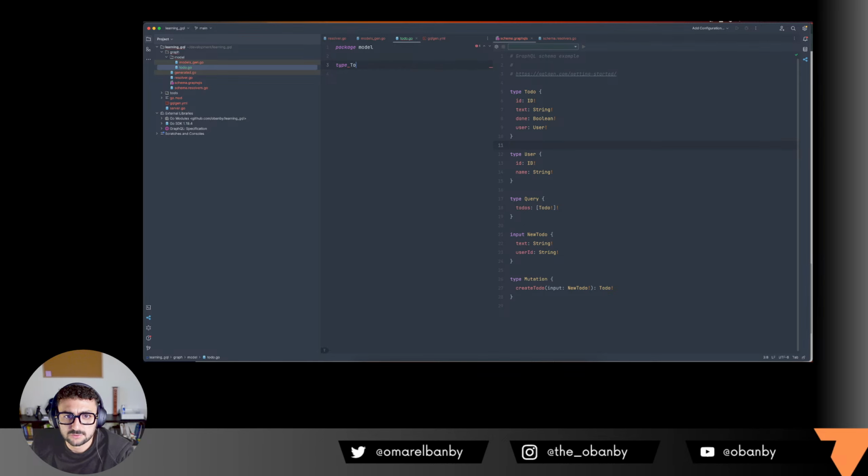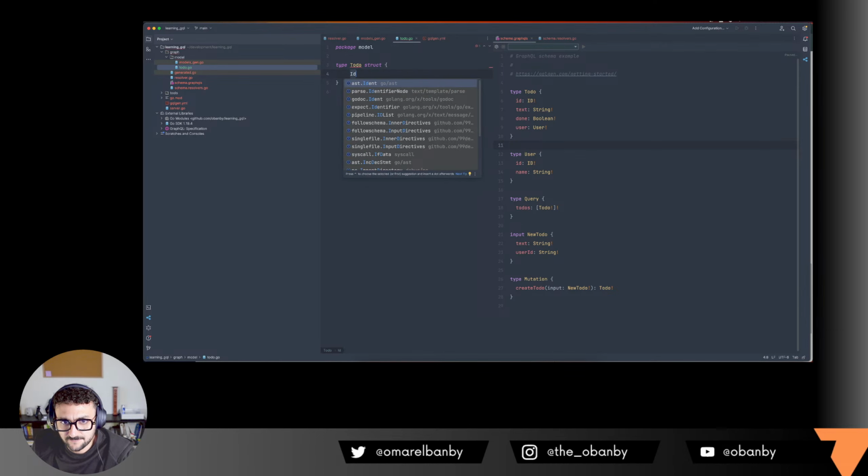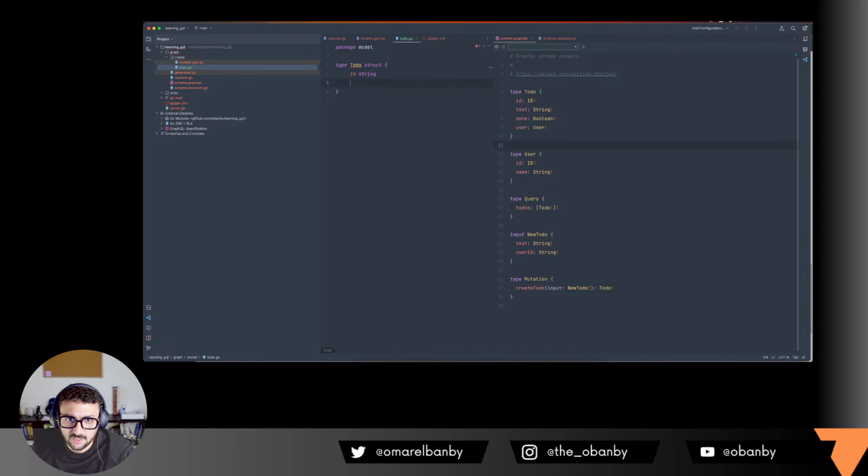It's called Todo. It's a struct. It has an ID, which is gonna be an ID. I'm assuming it's a string. It will have a text, which is a string, done, which is bool, and a user, which is